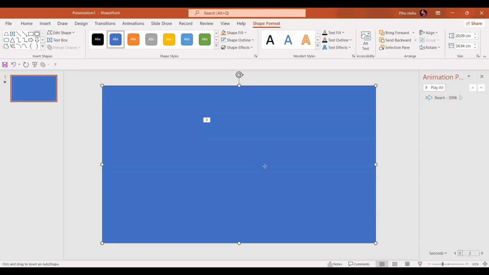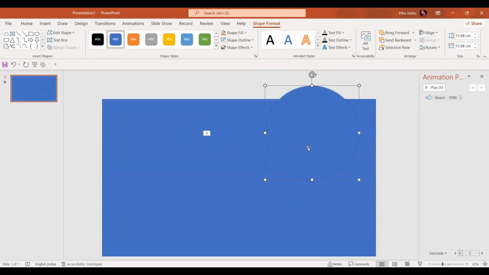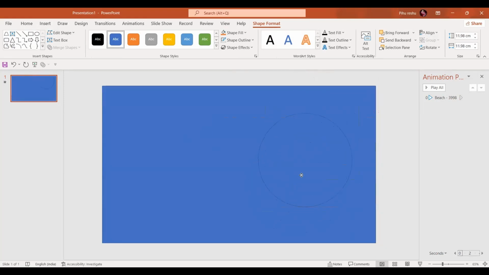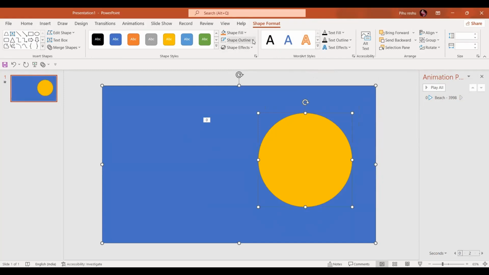Okay. By pressing the shift key, we are going to insert the oval like this. Okay, let's change the color of this oval. For both the shapes, the shape outline is going to be the no outline. All right. Okay. Now we are going to insert one more rectangle, and here we are going to